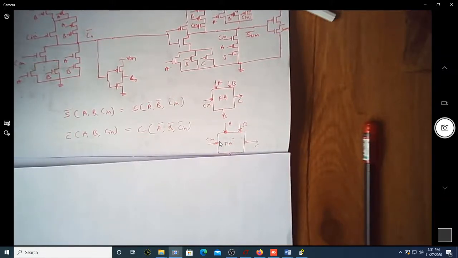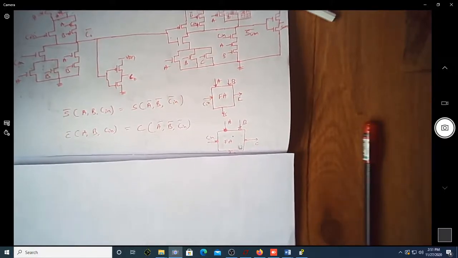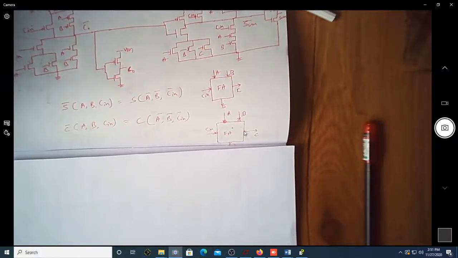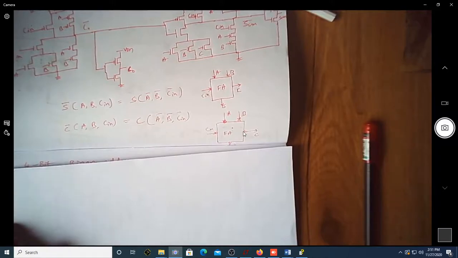Because my inputs are complemented, you are having A bar, B bar, C bar, then again A bar, B bar and then C in bar. If the inputs are complemented, whatever sum and carry you get will be a complement of that. If you put one more bubble there, it's actually the complement of carry bar, which will now be carry. Here you can see there is a bubble here.